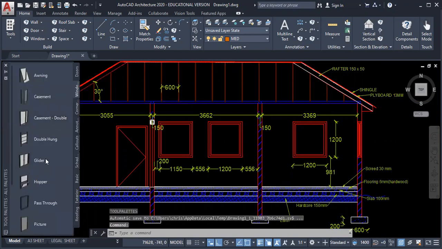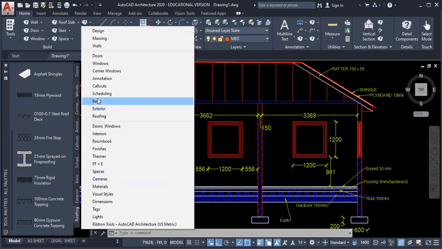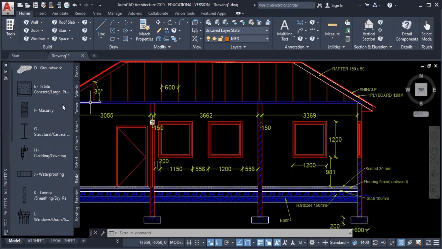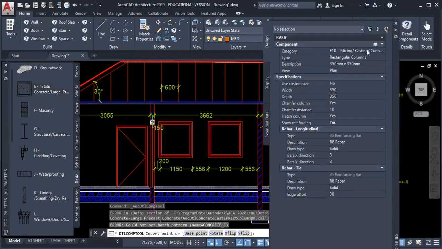Next, we click here. No, but I don't see what I want. I want basics, I click on basics, and I go to insert, click here. And then I go here on the rectangular column. Then click this. I want to modify this, so I click here,